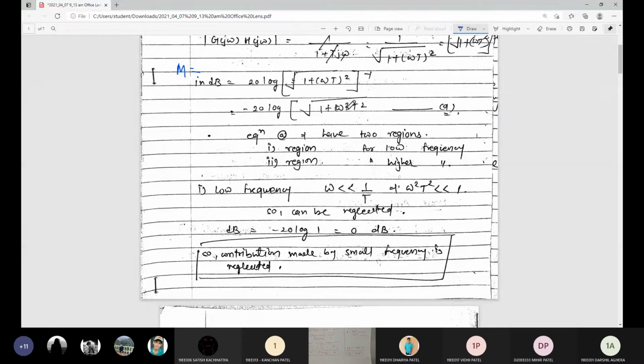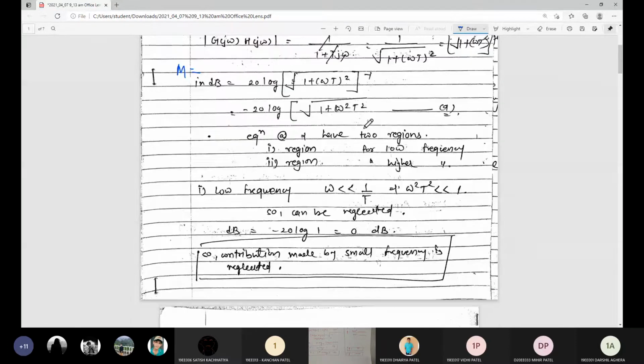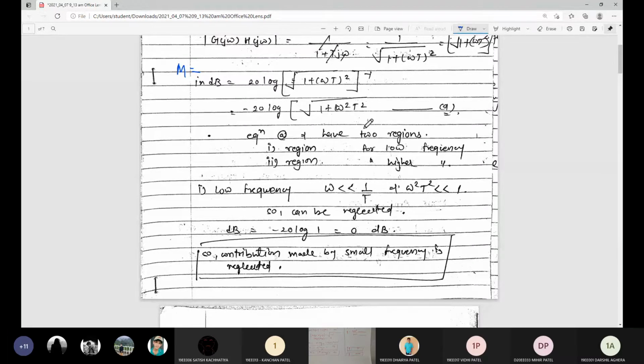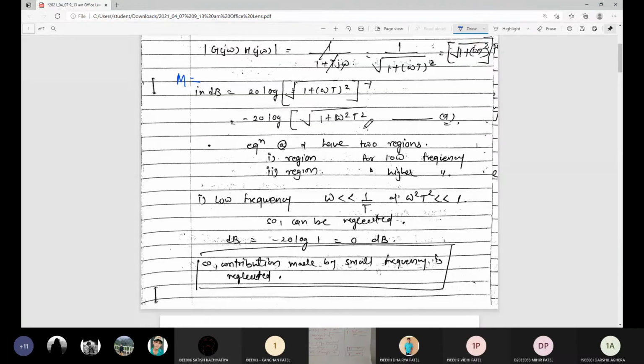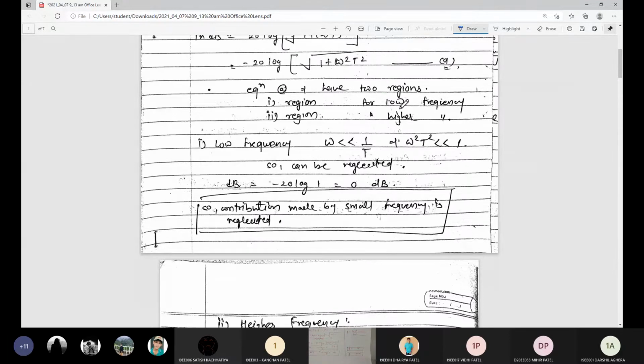Okay, so now it is different. Previously we were having only the omega term. Here omega as well as T has come. What is the relation between T and omega, time and frequency? It is inversely proportional to each other. Now we will be having two frequency regions. First is the lower frequency region, that means starting from 0 to, let us say, 100 or 1000. Another is the higher frequency, in terms of kilohertz. So we will divide this part in two.